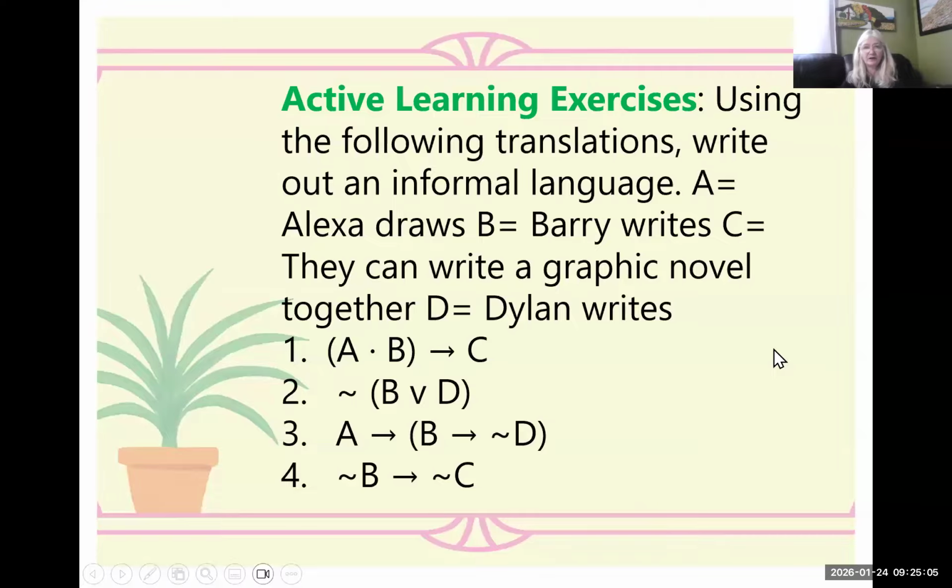So using the following translations, write out in informal language. So you're going to write a sentence in English for these written in propositional logic. A here is going to stand for Alexa draws. B is going to stand for Barry writes. C is going to stand for they can write a graphic novel together. D equals Dylan writes. So number one, write this out in informal language: parentheses A and B, in parentheses,